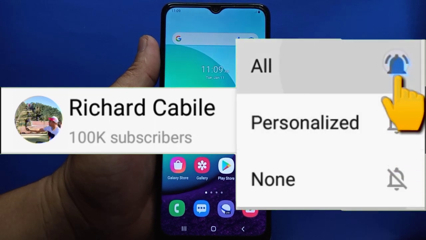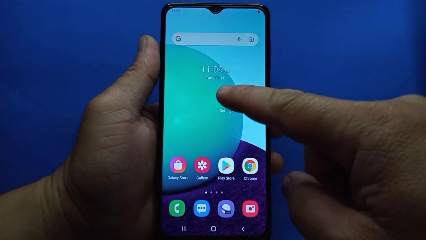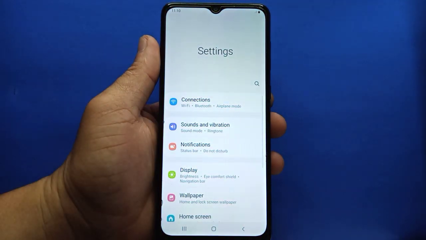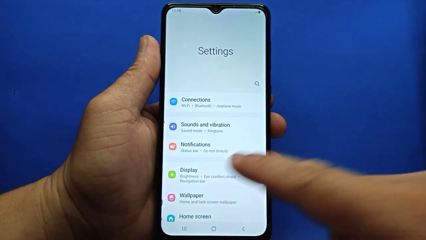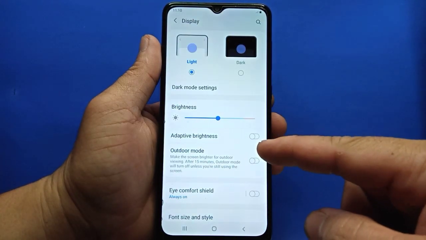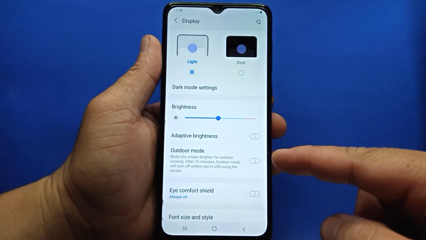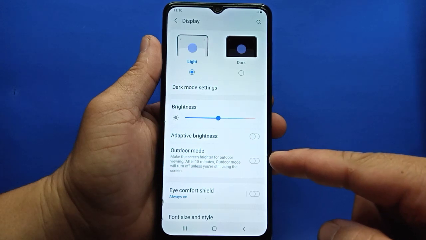Okay guys, let's start. All you have to do is go to Settings in your Samsung Galaxy A02. In Settings, go to Display. In Display, you can see the Outdoor mode. On the right side, you can see the switch button. To enable Outdoor mode, all you have to do is switch on the switch button on